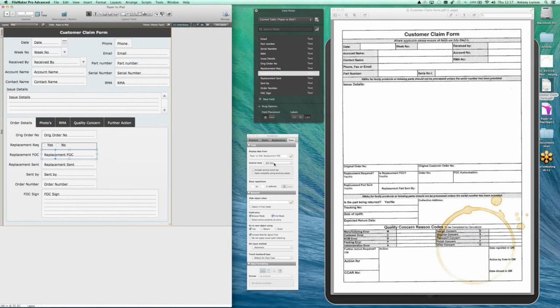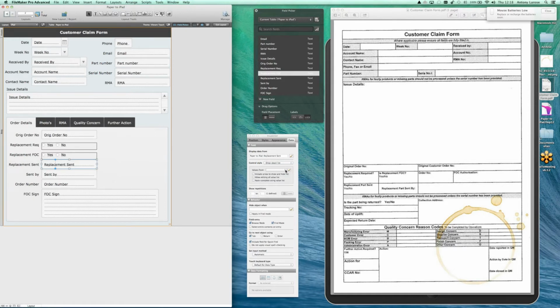So free of charge. Again, we do a radio button, and once you've done those lists, they're really easy because you can just click on them, yes, no, and it happens straight away. So if you know replacement sent by, well, great, we can use our list again, which is a drop down list, and we're going to go to our list, which is staff. Include an arrow to show that there's something there. We're also going to allow editing of the value list. So if someone's actually my staff person that's sending the replacement by